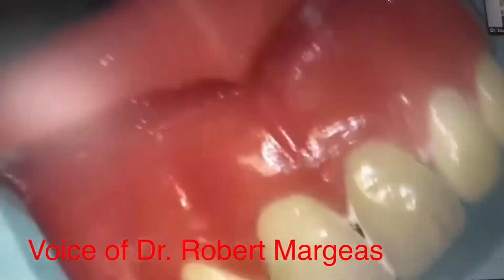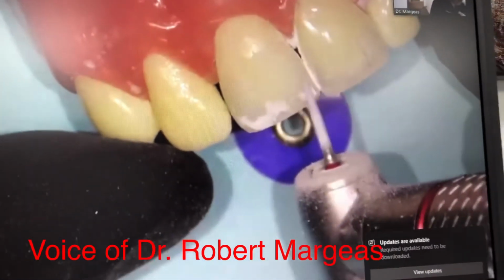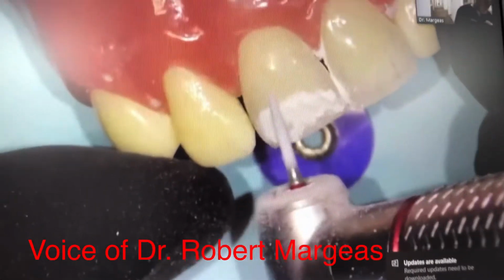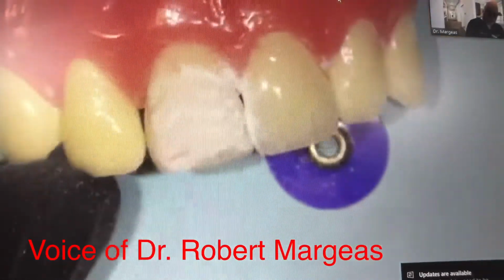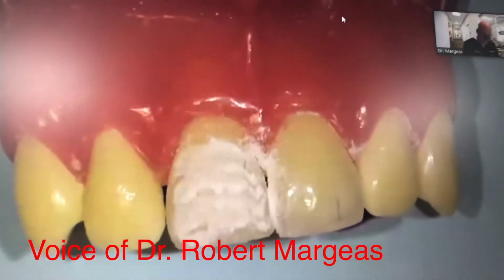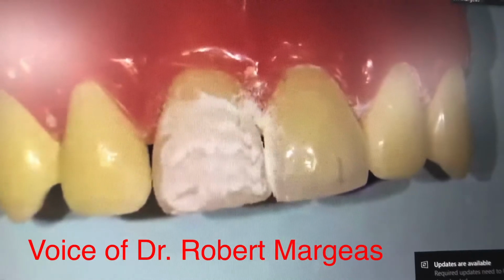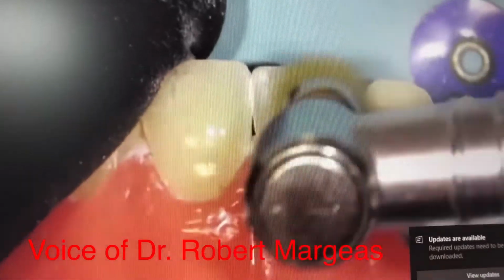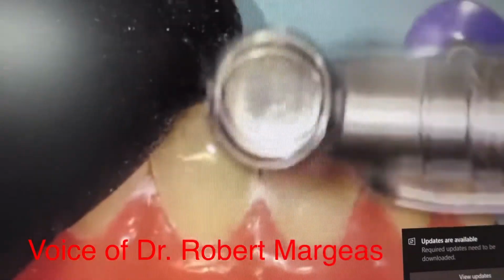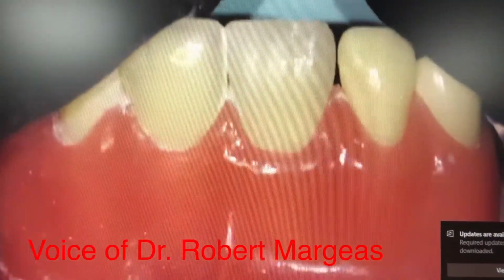And now if I want to create the perikymata or imbrication lines, I take my diamond like this, and watch this. I go like that. I leave that powder on there, and then I go to my groovy diamond polisher. Like this. And I'm going to kind of give it a high shine. You won't get rid of the surface texture, okay? Won't get rid of the surface texture, but it will give you the kind of like